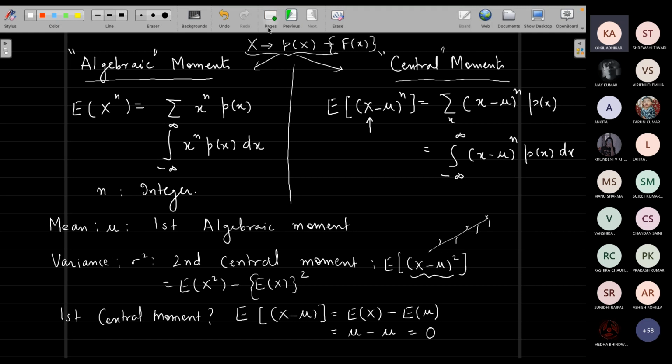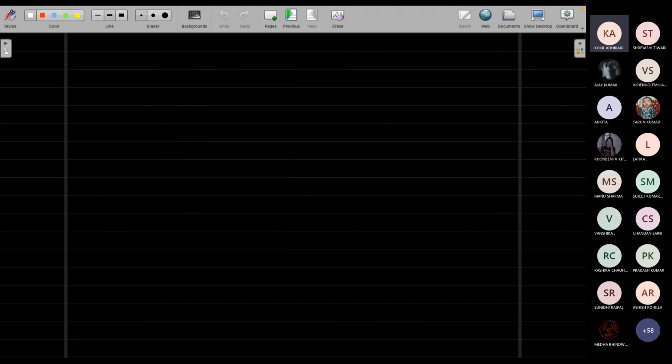Okay, no questions, so let's go and define. These are defined in probability and statistics books, and it's not bad to know them. So I would just define it like that. At this point of time, how am I going to use it? I'm not going to tell you. Depending on a particular distribution, we may use it or we may not. Now that we have some idea of the first algebraic moment, the second algebraic moment, the first central moment, and the second central moment, the next moments which become important are all with respect to the mean, and hence they are all central moments.